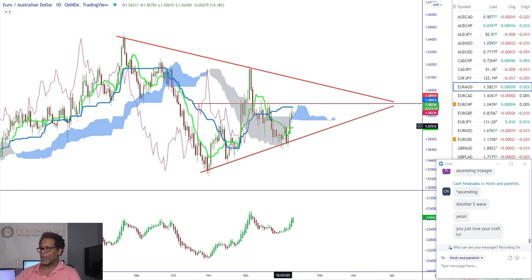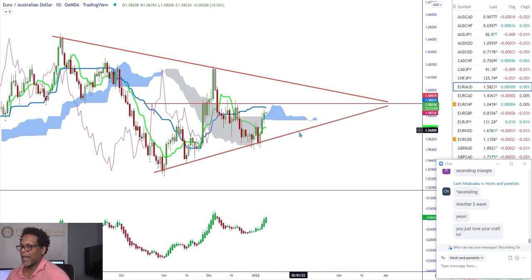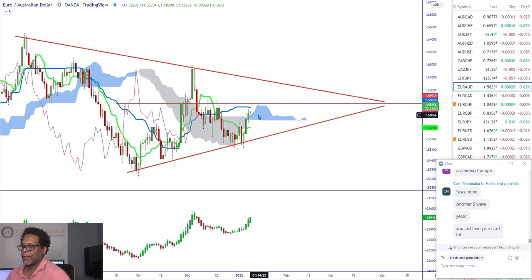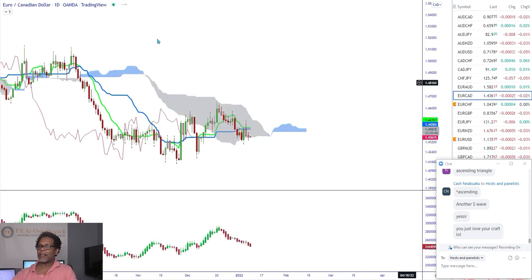Now remember how we talk about the thick cloud. See how thick that cloud was, and look what happened. It found the bottom. The market moved higher. So I don't like this. It doesn't show me any signs of momentum or anything. So I'm just not in love with this right now. But if we get through this level here, we're going to get to here. I don't like the way it looks though. So I can't give you much. So let's go on to the next.